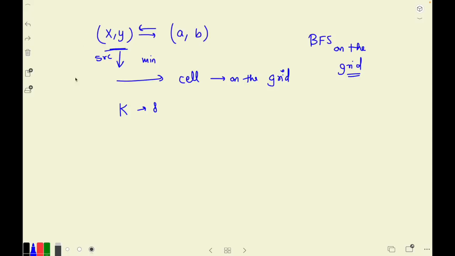I can use a queue structure in the BFS order, push this source in that queue, and start popping the queue from the front. Keep a distance that's initially 0. Or not distance, I can call this moves, as 0. Keep on incrementing my moves, and finally calculate for x comma y to every other cell what becomes my eventual answer. And this actually gives me the pre-computed data structure which will help me to quickly answer